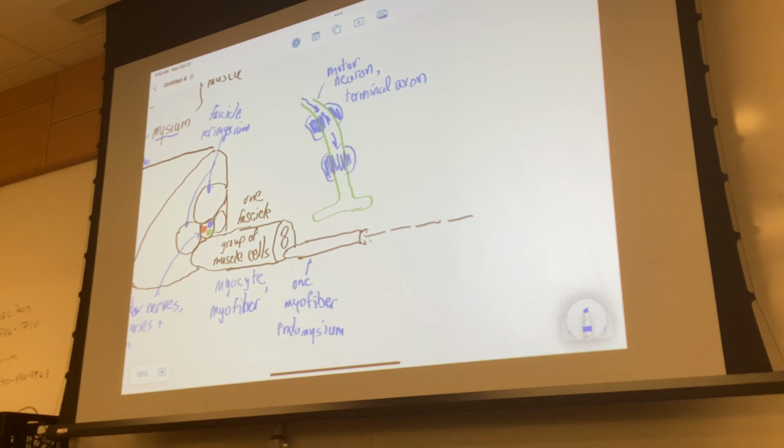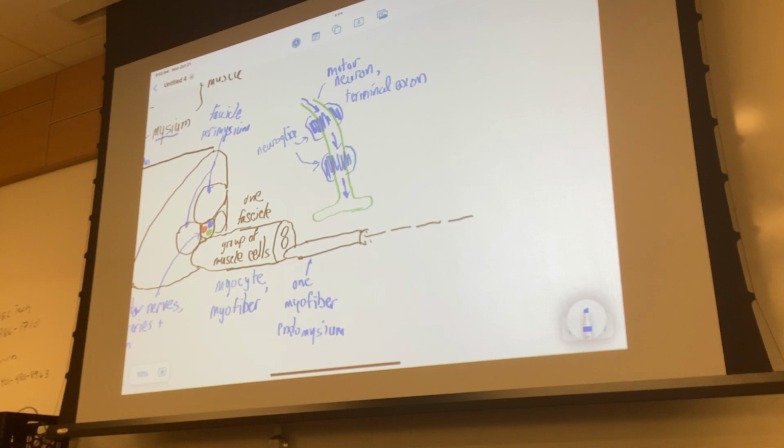That terminal axon is covered by neuroglia, and these neuroglia cells are basically enhancing the function of the motor neuron or the terminal axon, which is to send action potentials